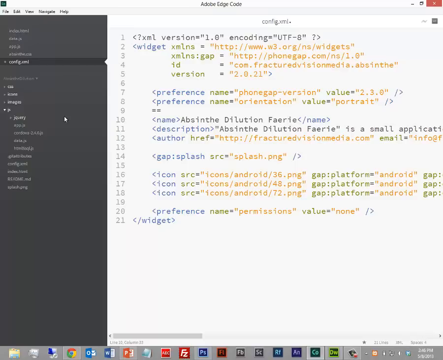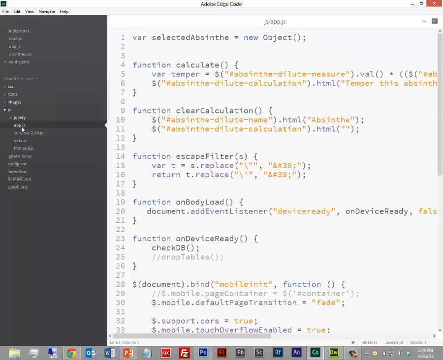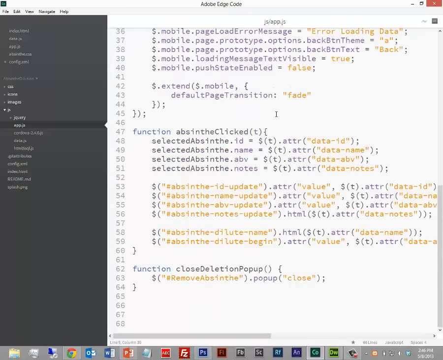This is what I would rather use to develop an application like this, simply because I don't have to go through Edge Code and set up a site as I do in Dreamweaver. All I have to do is point to a folder, and it shows me all of my subfolders. It shows me all of the different files that belong in here. So for instance, I can look at all my JavaScript files. This one right here is all my application